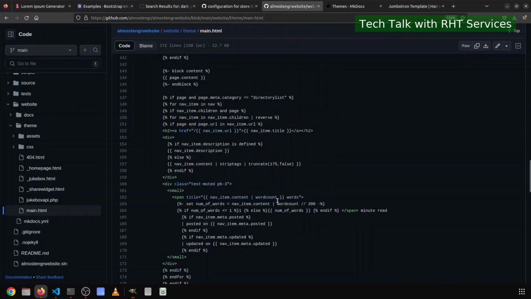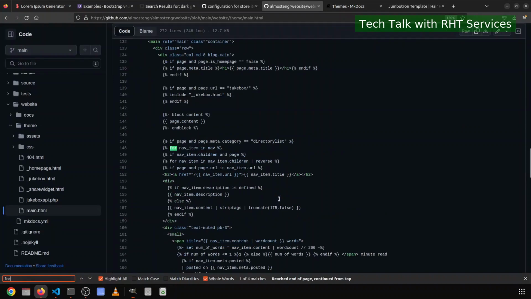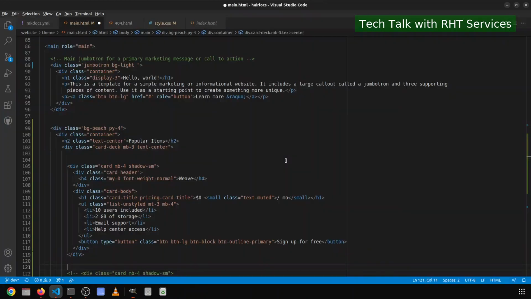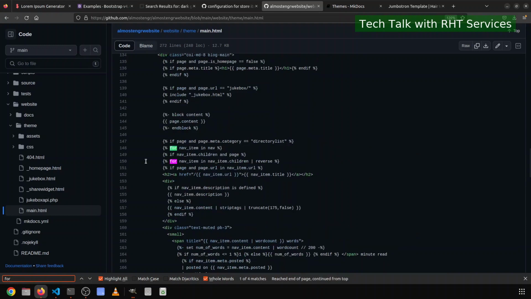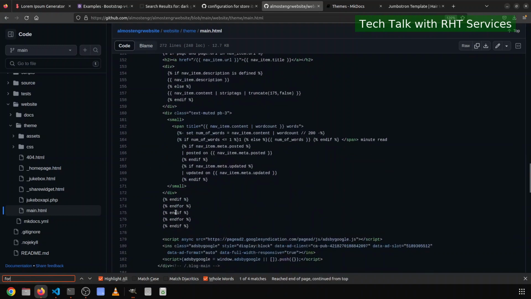Now, if I come back over to the Almost Engineer website, I believe there's a for in here. Yeah, so for item in... okay, all right, so I see how I did that. So for product in config.theme.popular items parentheses, and then we'll come down here and do a percent end. I think it was end for, or is it just end? Maybe it's just end. So no, it's end for